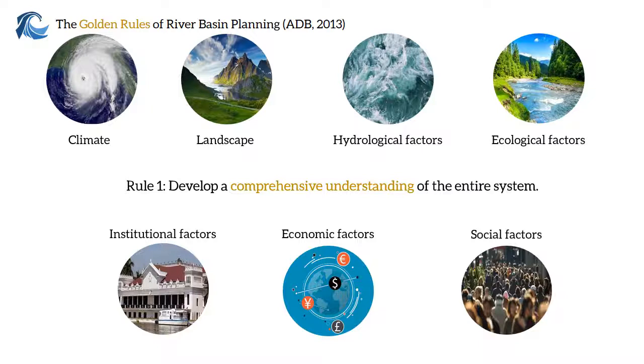So basically, the climate affects hydrological factors, ecological factors, and social factors. And if you don't take one into account, then there could be large implications to how the river basin could be managed if we don't fully understand what this means, what the entire system looks like